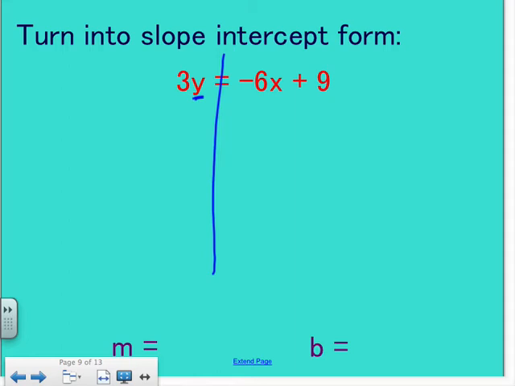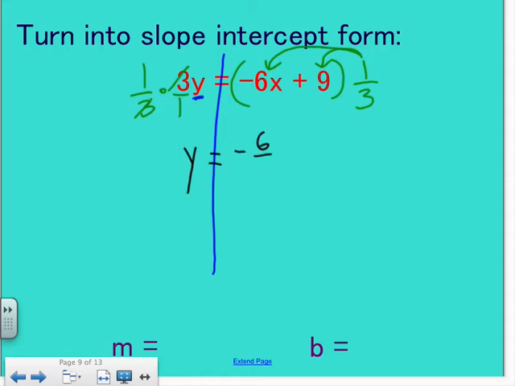All right, so the only thing I need to get rid of on this one is the 3. So to get rid of the 3, I do the reciprocal. That will cancel it out. And then this is where I need to distribute, right? The 1/3 needs to multiply by both terms over here, okay? So I end up with just y on that side. 1/3 times -6 is -6 over 3, right? But that would simplify to -2